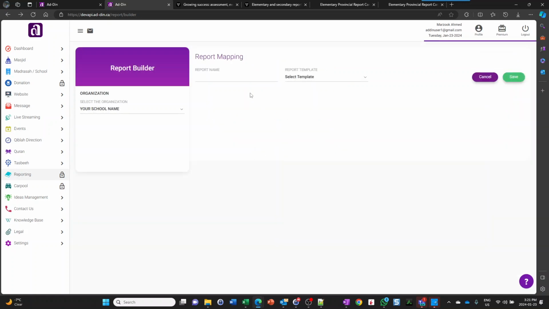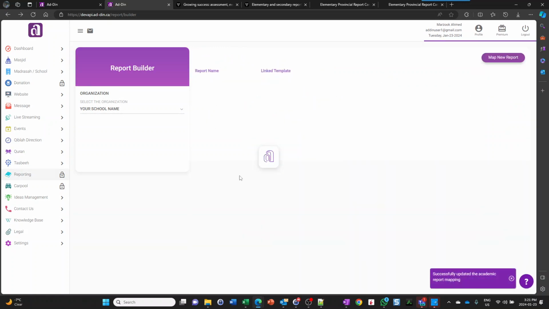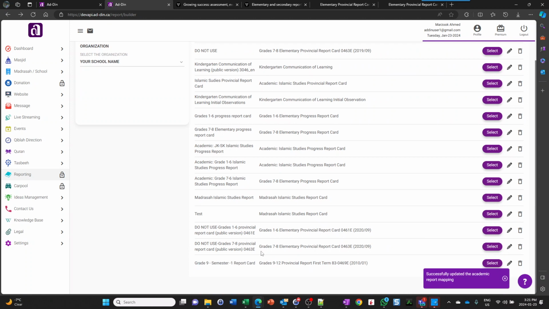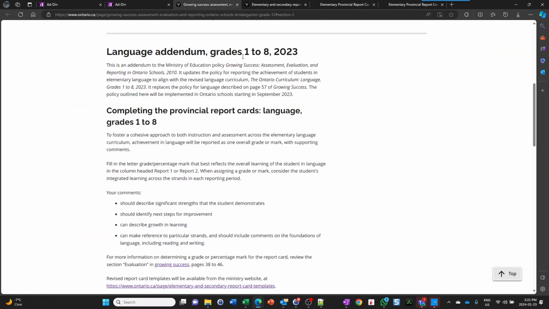For now, temporarily, just so that the teachers don't end up using it, just mark it as do not use in the front and map the two latest report cards with the new template, which includes the addendum on the language that was introduced late September 2023. If you have any question, please feel free to open a case with Addendum support and we will look